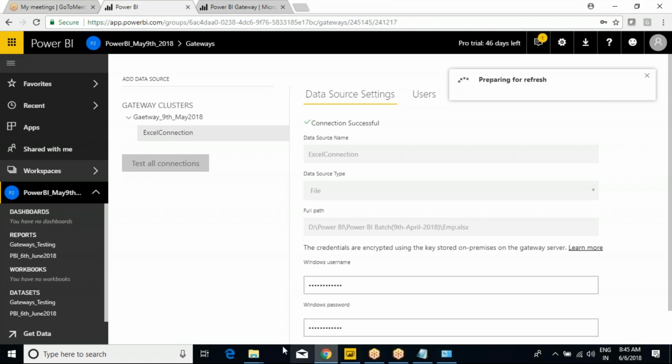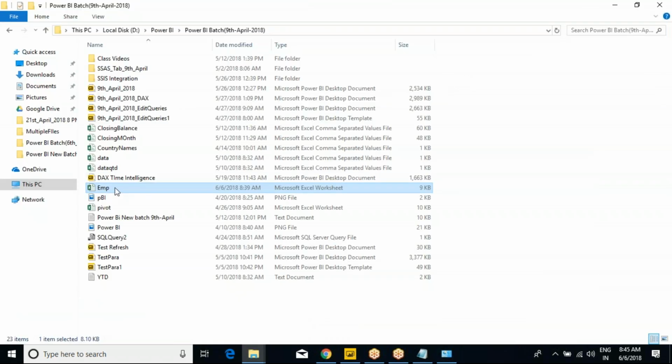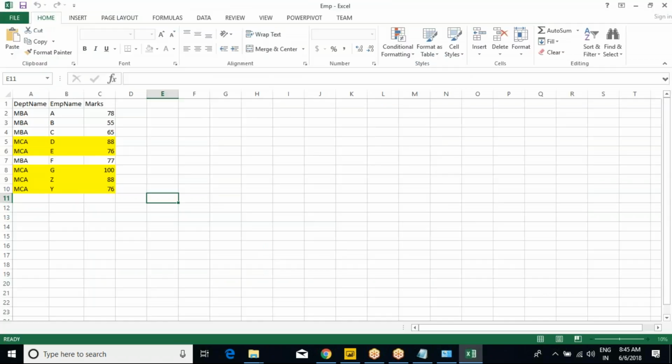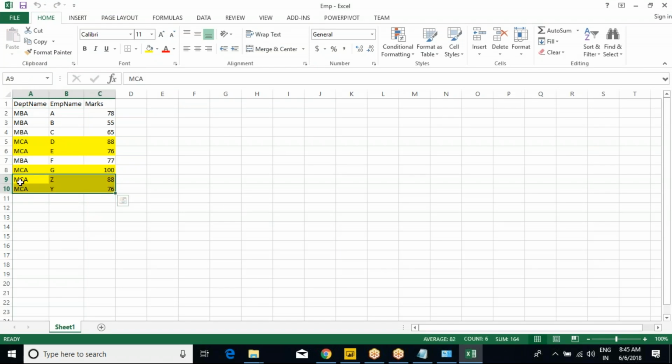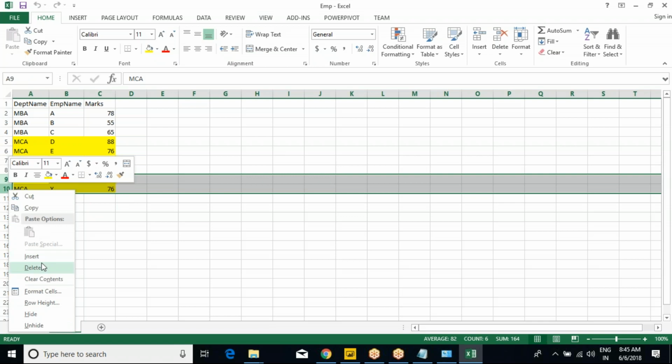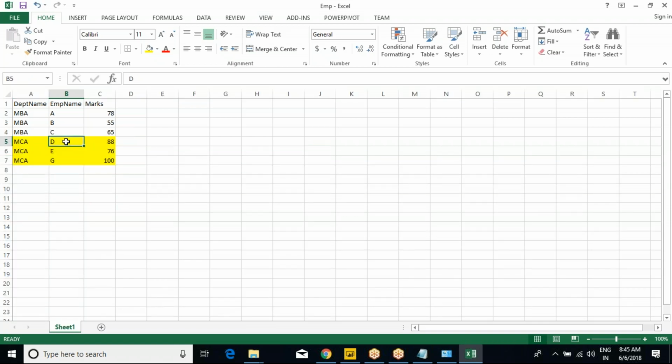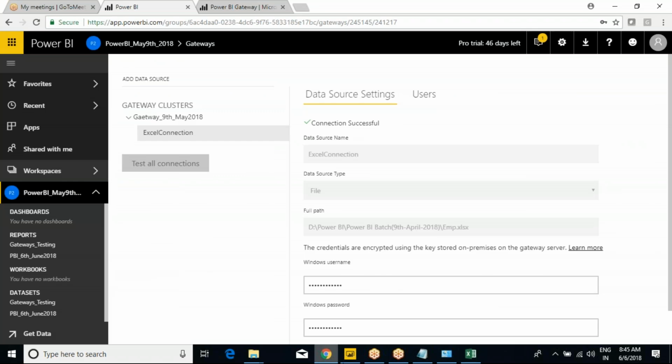Now, to understand that better, we will remove some entries from here. Now MBA 3 and MCA also should be 3 only. I will remove the rest of everything. So the count should be how much? I think this is MCA, yeah. 6 is supposed to become, but I'm not going to refresh manually. What I'm going to do instead,